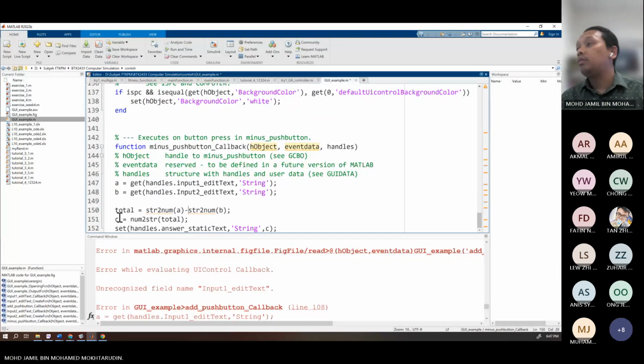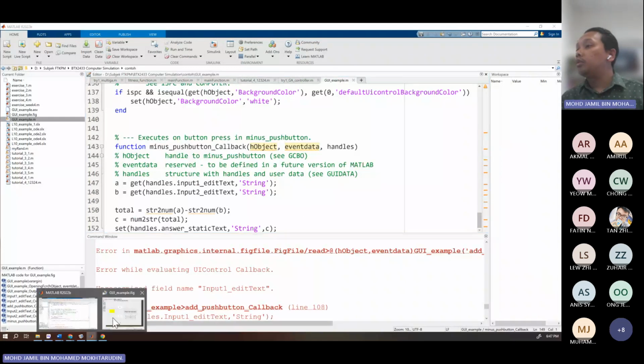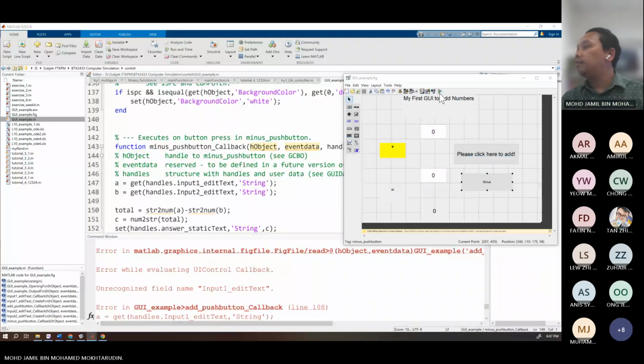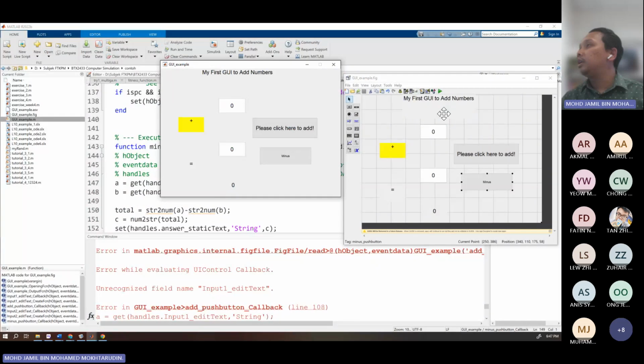Okay, and then maybe save it first, and then go back to your GUI, click run, and then write some numbers, maybe 10, and then 5, and then click minus. Okay, so you get a minus. So maybe now you can try different things like multiplication and division. Okay,